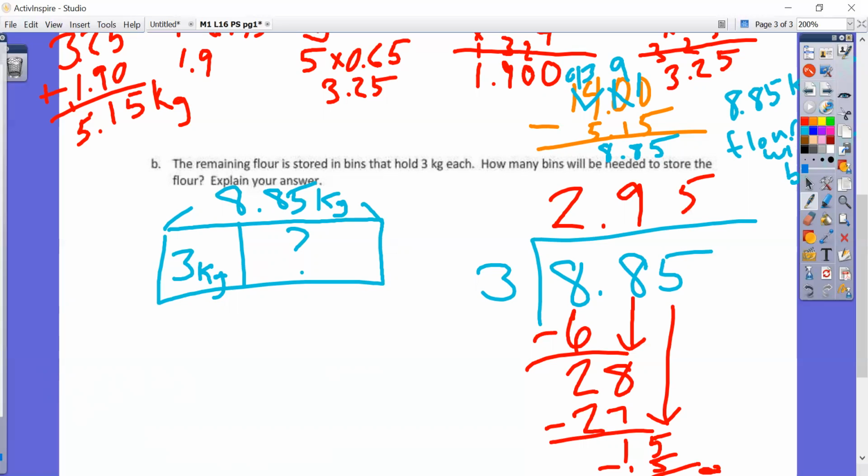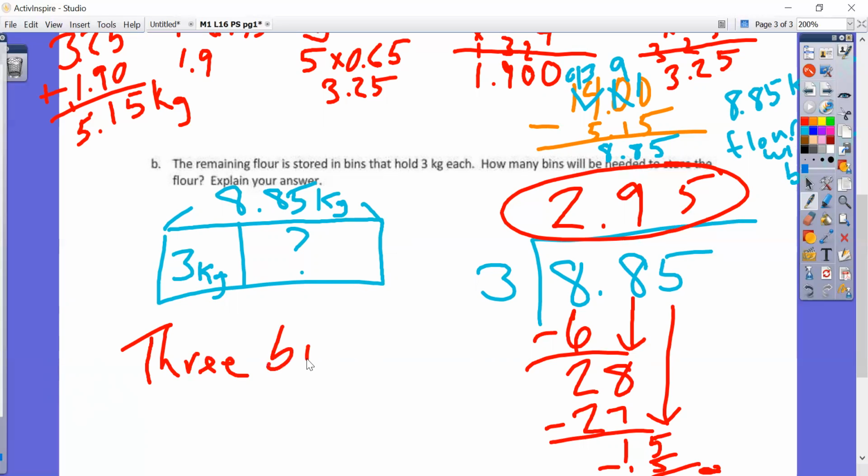Well, we can't really have a fraction of a bin. So we need to round this to the nearest number? Well, we need 3 bins, right? So how many bins will be needed to store the flour? 3 bins will be needed